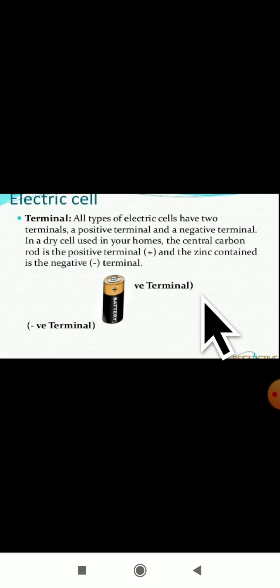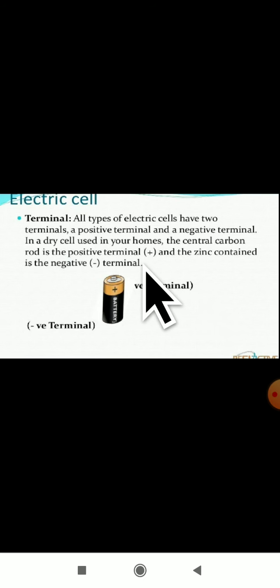In the last class, I taught you about the cell and which energy is stored in the cell. Yes, the chemical energy is stored in the cell. And what is the function of this cell? It converts the chemical energy into electrical energy. Even I have told you about the definition of a battery. So what is a battery? When two or more cells are connected together in a series, then we call it a battery.